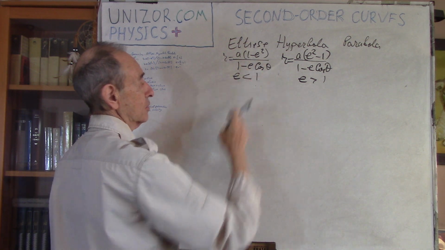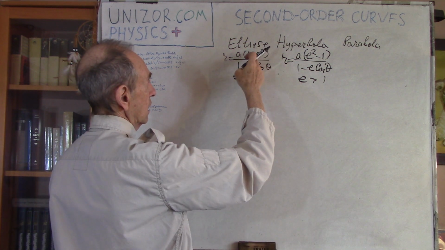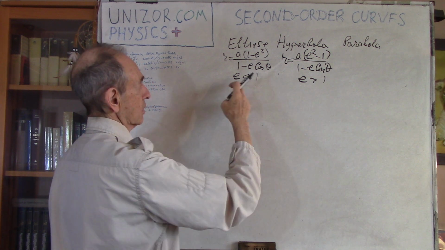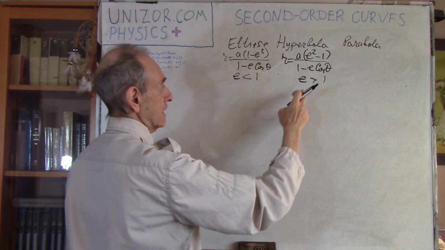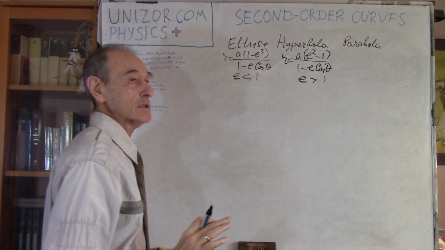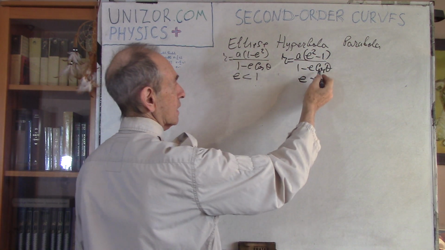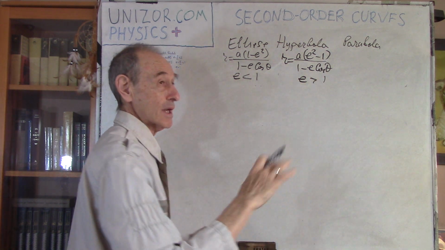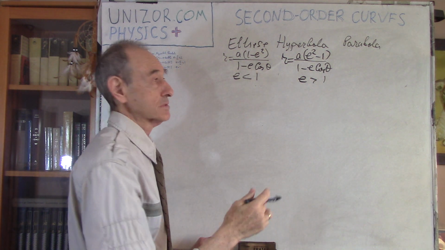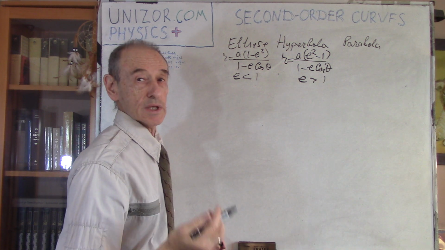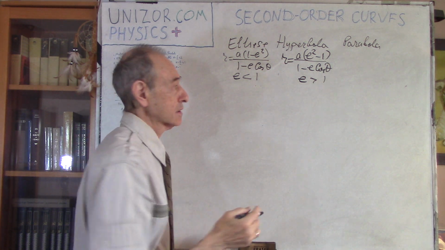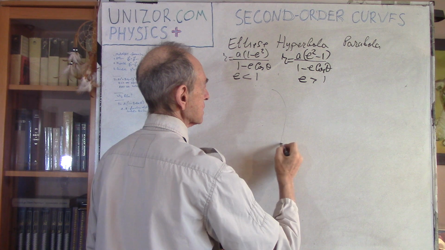So the denominator is always positive. The numerator is also positive because e is less than 1. In this case, the situation is quite different. Although the numerator is definitely positive, the denominator sometimes might be positive, sometimes negative. Why? What happened? I mean, something is wrong here, right? Well, nothing is wrong, because this is a hyperbola,